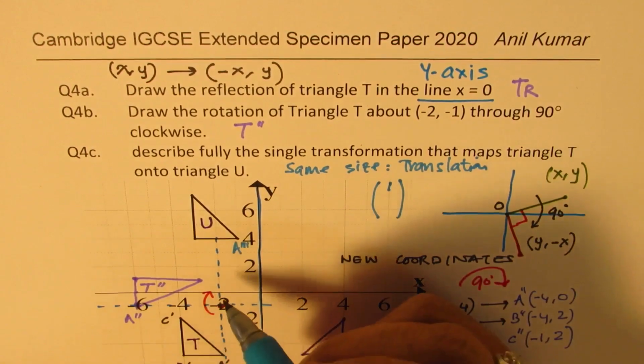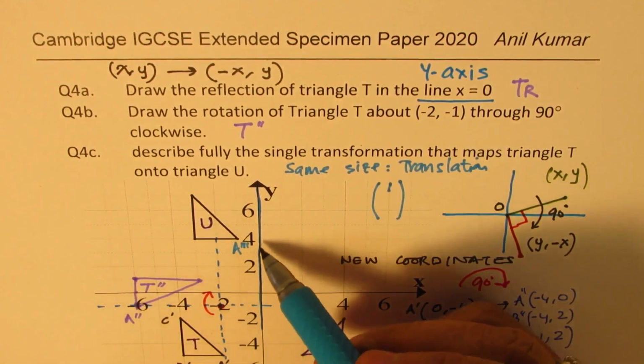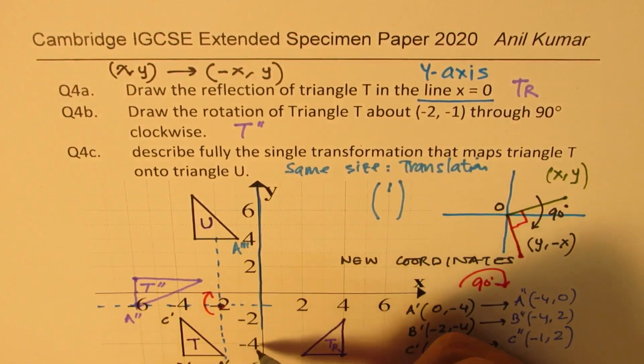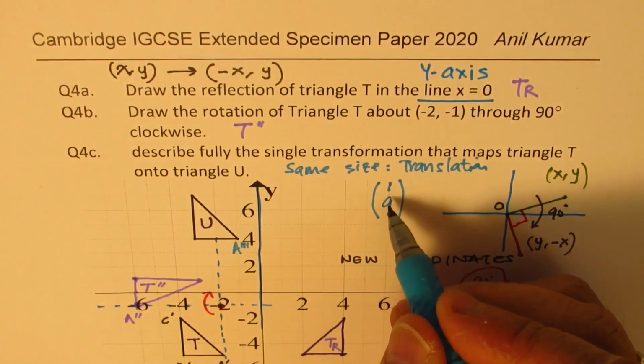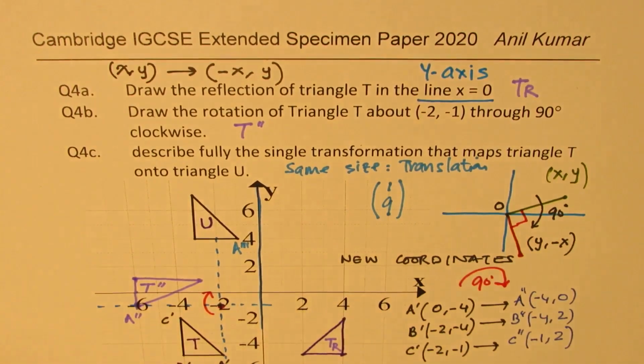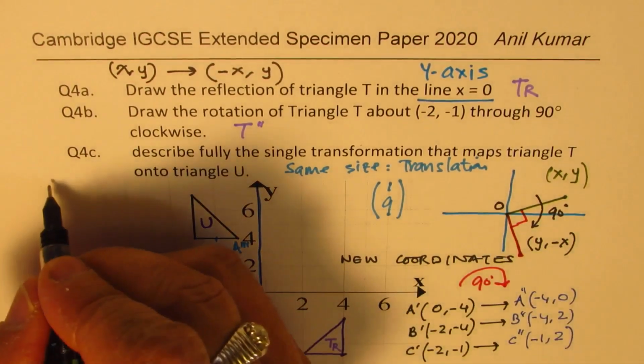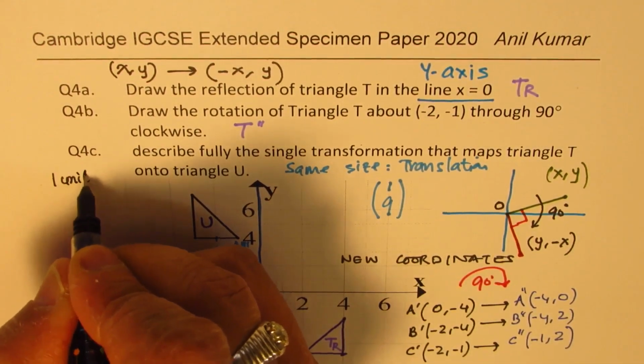So we'll write a matrix kind of a thing. And how much up? As far as it's concerned, it is moving from minus 5 to 4, 9 units up, right? So 9 units up. So that is how you could describe the transformation, right? So the transformation is 1 unit,